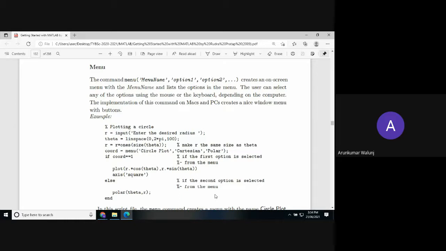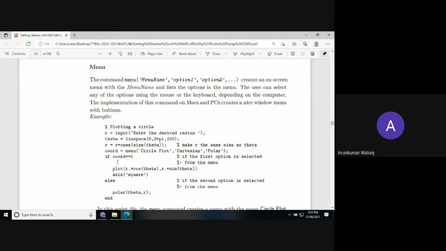Or you can even draw a cylinder sometimes. That is rho theta phi. Rho theta will be two dimensional, and rho theta z actually, not phi, z, along the z axis if you want three dimensions. So this basic information and knowledge must be there besides drawing the circle. In which coordinate system you want to draw the circle needs to be specified. So circle plot, comma Cartesian, meaning x and y, comma polar. The first option is Cartesian, the second option is polar, and we want to choose. There are two options in my menu.